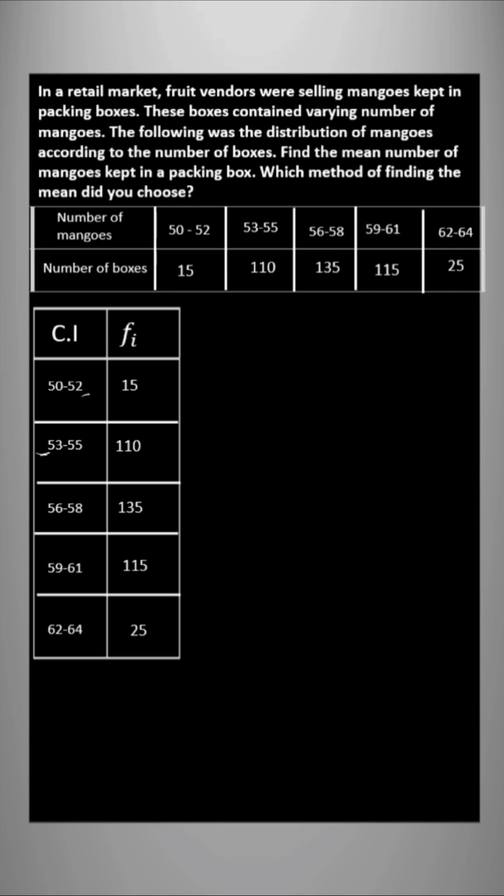Here you can observe that it is not a continuous series, isn't it? 52, 52, 53, there is a difference of 1 between these. So now let us do one thing to make it continuous. Here let us add half to the upper limit of the class interval, and let us subtract half from the lower class limit, and now let us rewrite the thing here from 49.5 to 52.5, from 52.5 to 55.5, like that. Now let us rewrite like this: 49.5 to 52.5, 15 boxes; 52.5 to 55.5, 110 boxes; 55.5